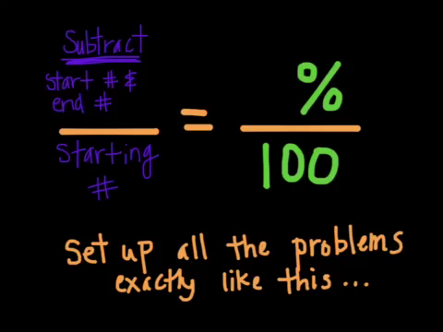So in class we said the way you want to set up every question is going to be the same format. So every question we're going to set up just like this proportion. The right side is going to be your percent number over 100, and that today is what we're trying to find out. The bottom of the first ratio is going to be the number that you start with, whatever the beginning number is for the story problem,